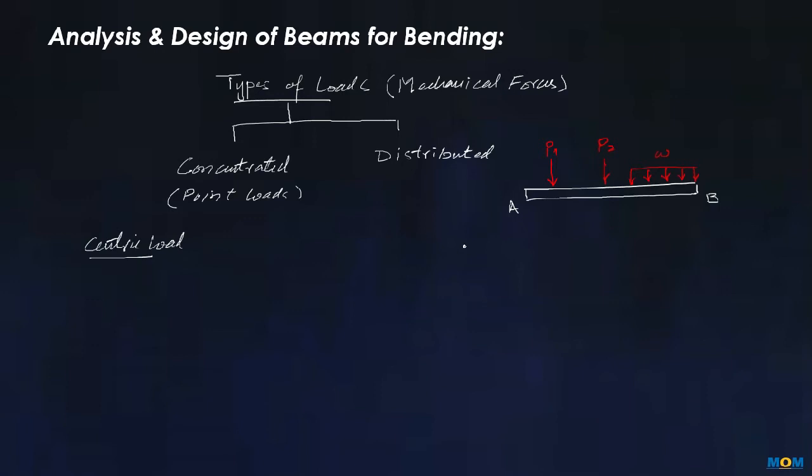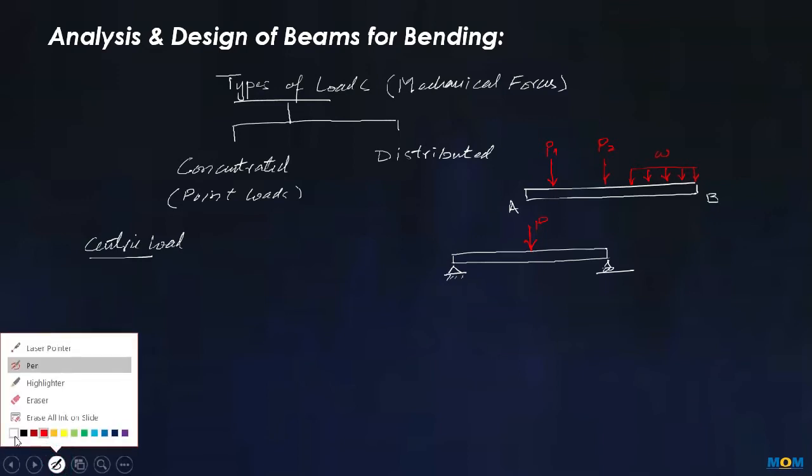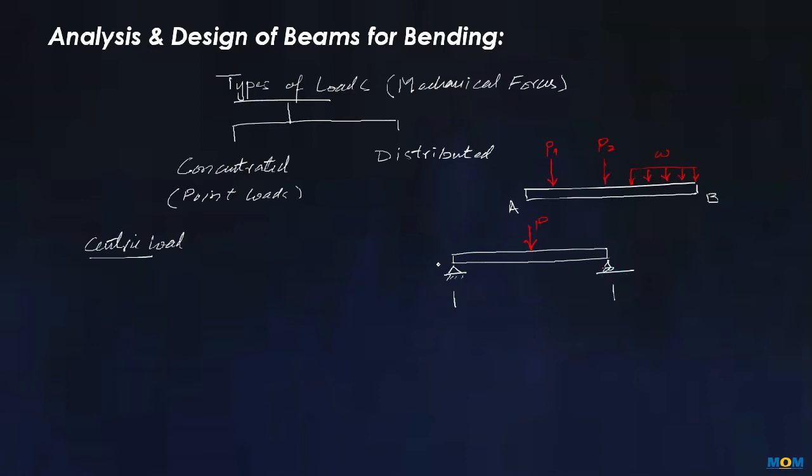In this case, let's say if we have simply supported beam, pin support at one end and roller support on the other side, and this is subjected to a load that is situated right at the mid of the beam, and if the total length of this beam AB is L, now this length is going to be L by 2, again this is L by 2. So this is the example of centric load,